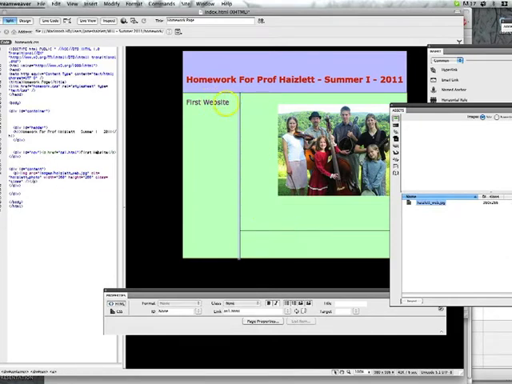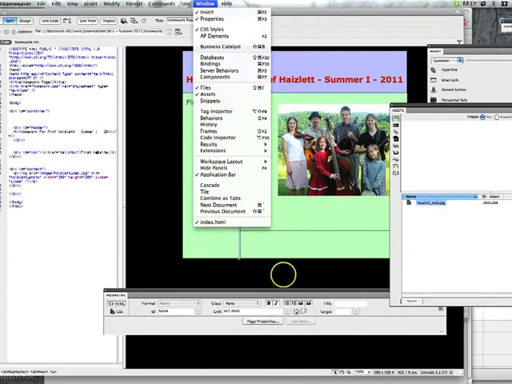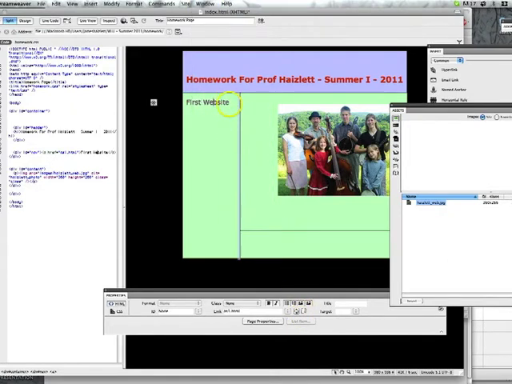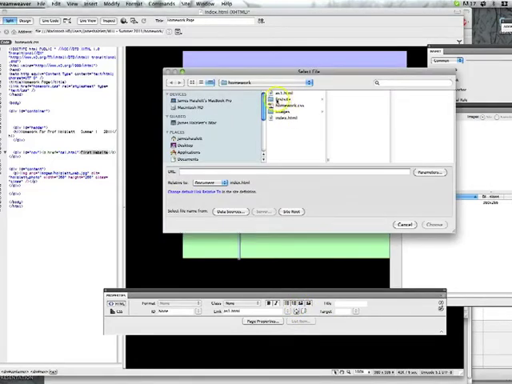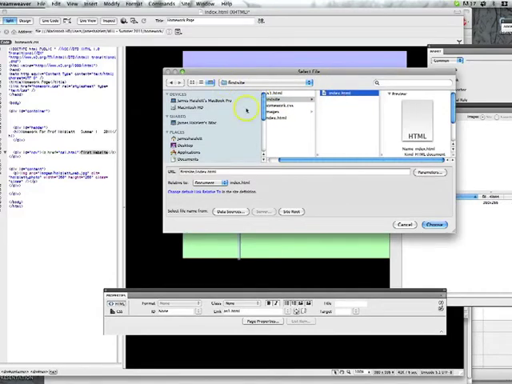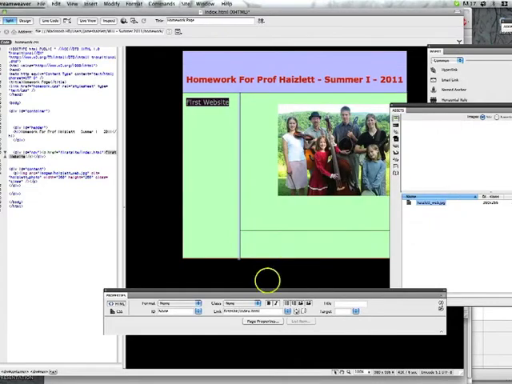Okay, so the first website, the link to that, if I go down to my Properties Inspector, if you don't see it, go to Window, Properties. I'm going to make the link to that by selecting the text, going down to Browse for File, finding first site index.html. Okay, click on that. And so now our path name is looking for the folder, and it's looking for that page that's inside of that folder. Now that page doesn't exist yet, so I'll make one real quickly